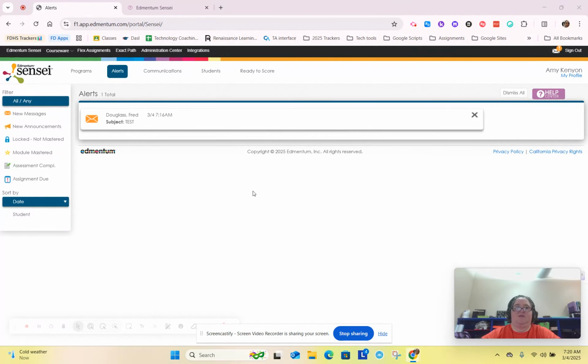This first Edmentum Sensei dashboard comes up when you come in. Across the top here, we have programs, alerts, communication, students, and ready to score. Alerts are what you get when you first log in. So we have an alert that we have an email here. I'm going to come back to the email, but I don't want to delete this alert yet